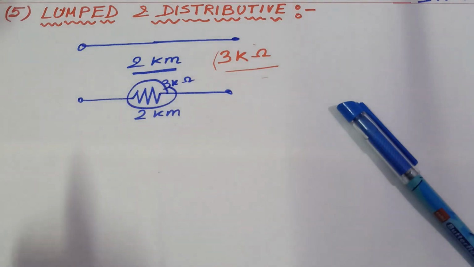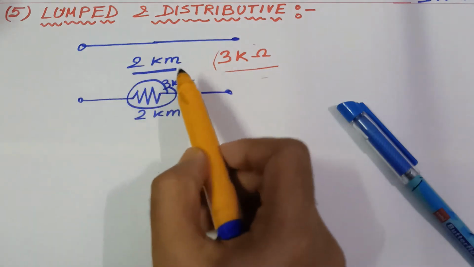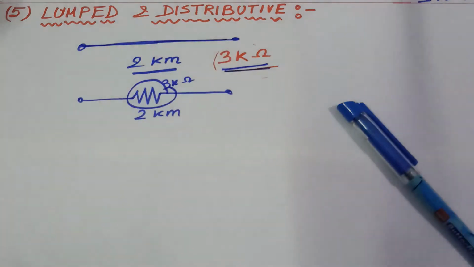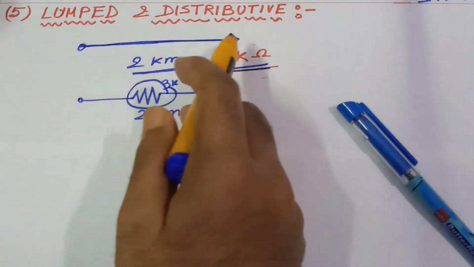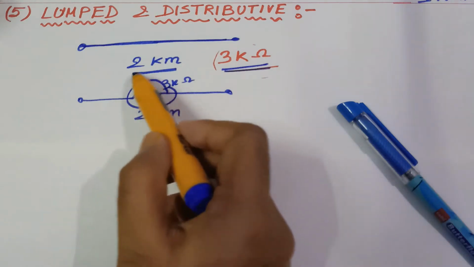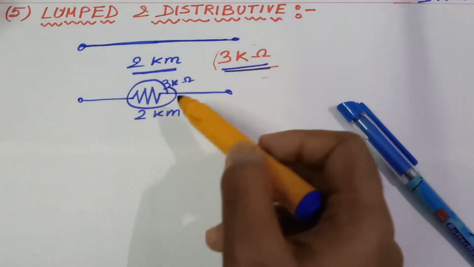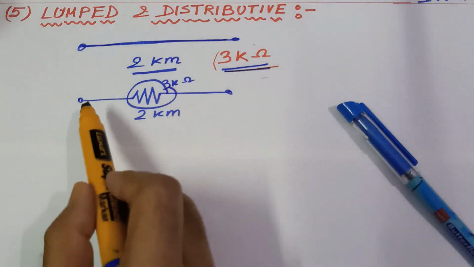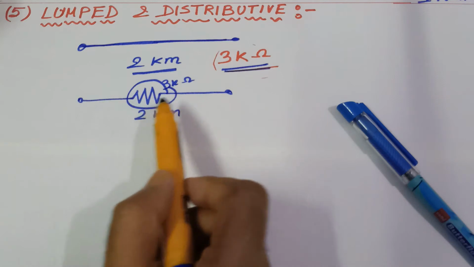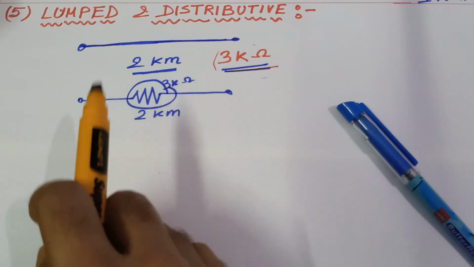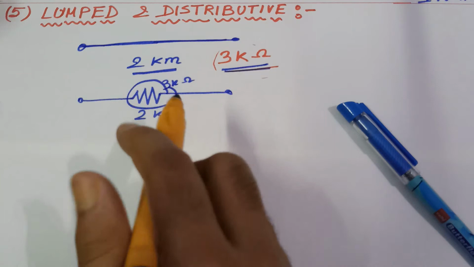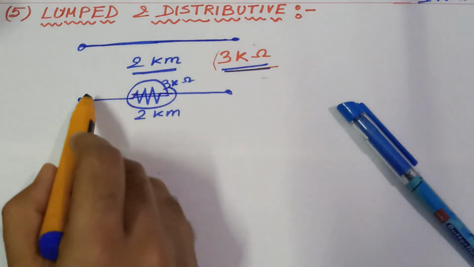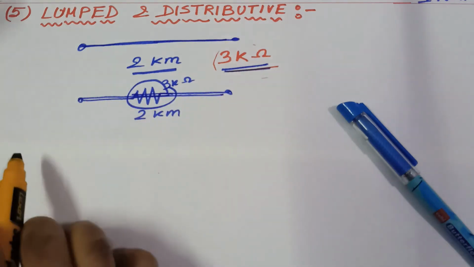But is it true in practical? No, because the value 3 kilo ohm resistance is distributed in the whole length. And if it is distributed in the whole length, you should not draw it like this. But in case of circuit analysis, what will you do? You have to show this symbol so that I can know that the resistance in this path is 3 kilo ohms. But you should have the practical idea about it, that this 3 kilo ohm is not only situated in this symbol, it is distributed over the whole path.